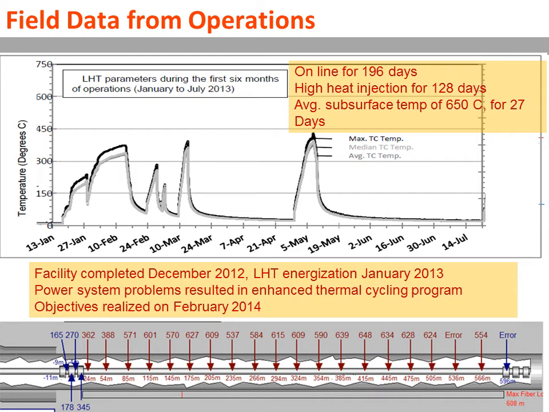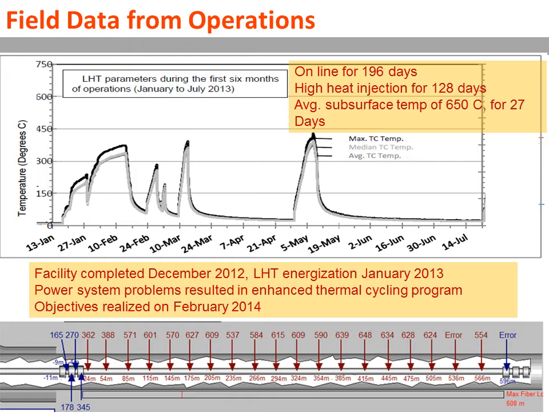This is a graph of the first few months of operation. The facility gave us an enhanced thermal cycling program at the beginning because it was difficult to keep the power generation on. It kept tripping off at the beginning until we solved a couple problems. But you can see it went up and down here a lot, and after this we did have 196 days